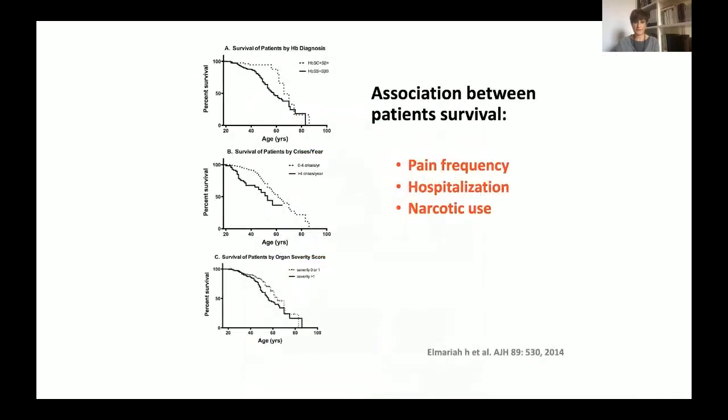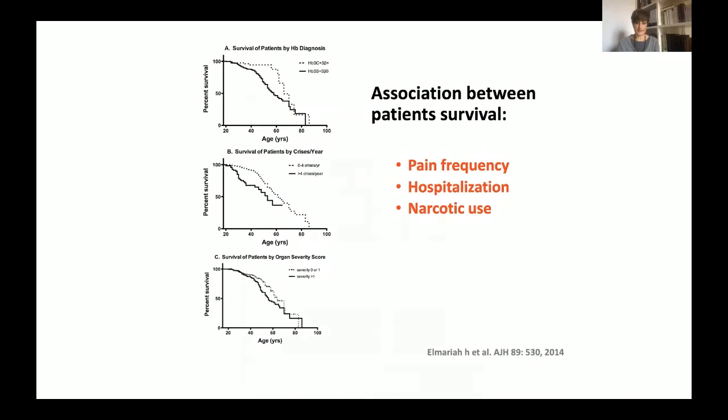So when we look at the same cohort of patients to see which factors are associated with patient survival and directly with the risk of death, you see that pain frequency, hospitalization rate, and narcotic use, which are summarized in the graphs going from the top to the bottom of the slide, definitely show that patients with high pain frequency, high hospitalization, and narcotic use have reduced survival compared with sickle cell adults that do not